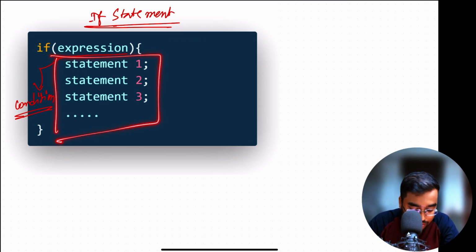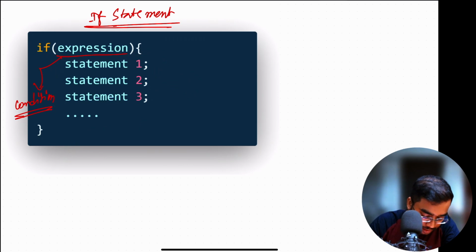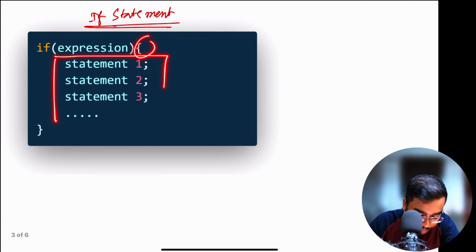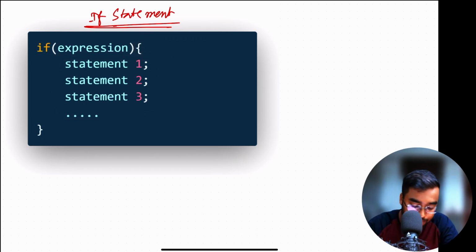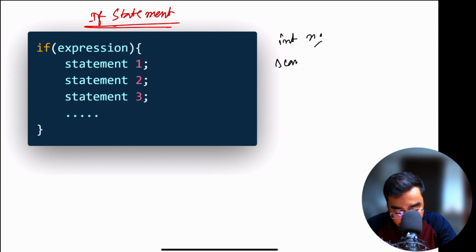these statements. And why I have written like this, for example, why I have written this parenthesis here, these are actually called a block of statements. When you write many statements together, they are called a block of statements. Just as an example, if you write integer n, and if you have some input,